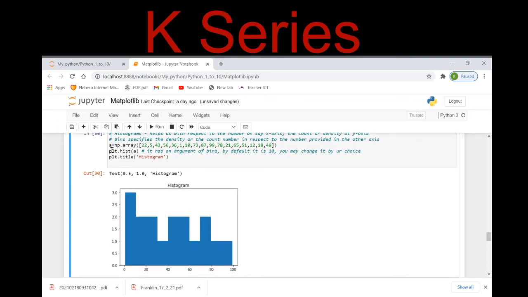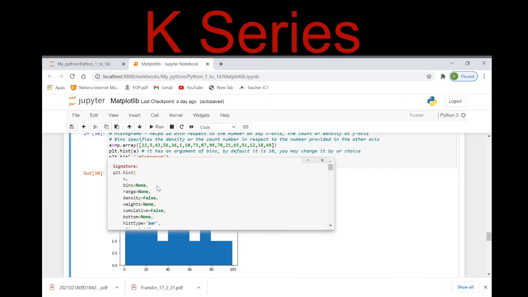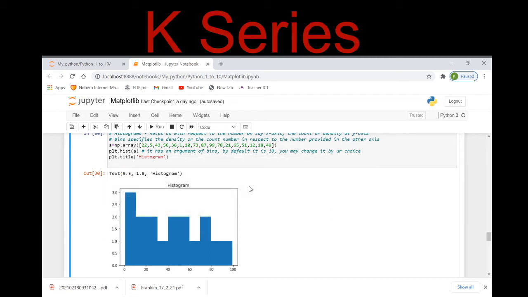See here, I have taken a variable with an array of so many elements, right? Now I'm plotting with hist, the inbuilt function which prints us a histogram, right? You can press shift plus tab to get the description of it, right? Here it says bins as none. By default bins value is 10, right? And you may change it, right? By default density is also false. If you prefer, you may set its value density as true, right? So here, let me execute it.